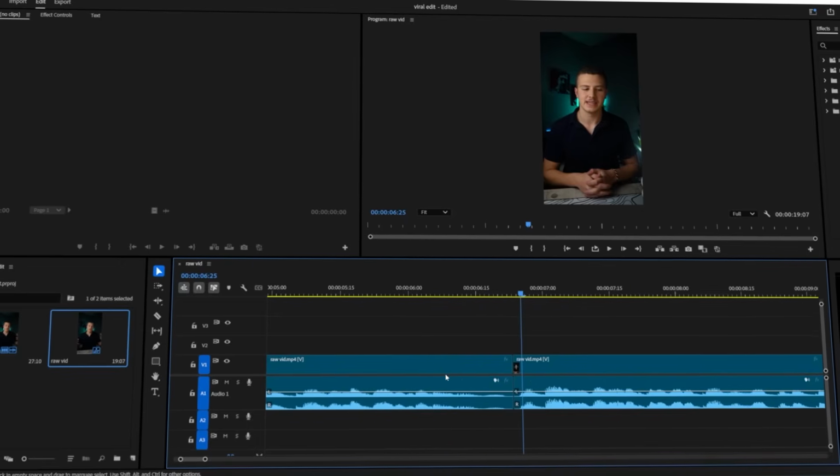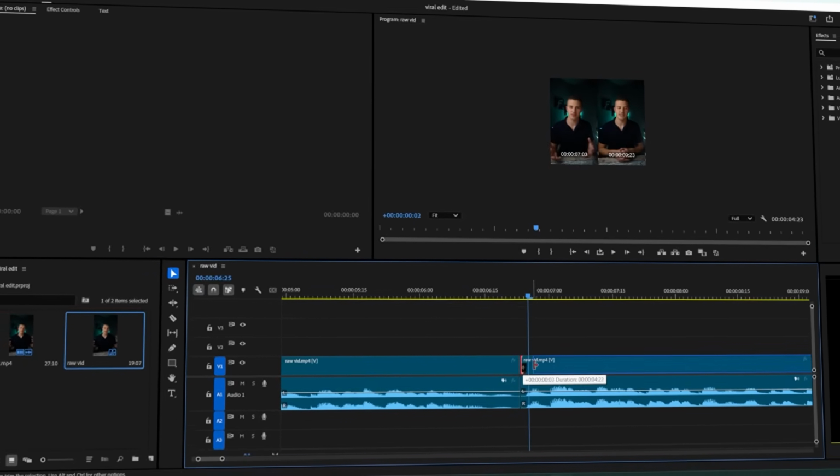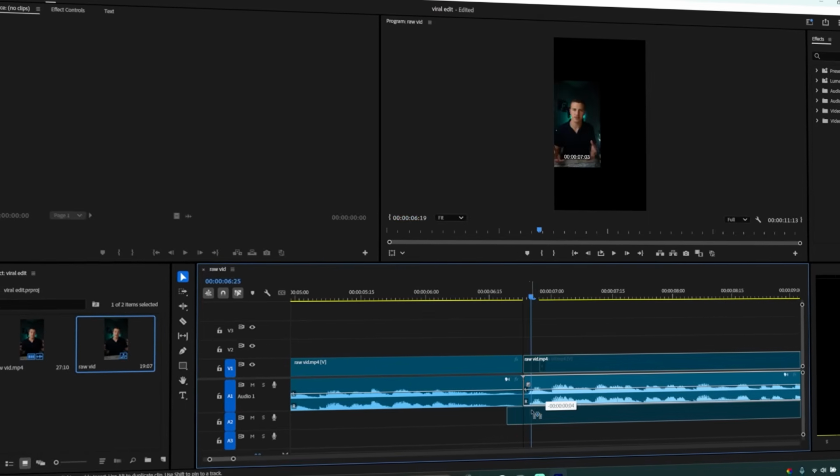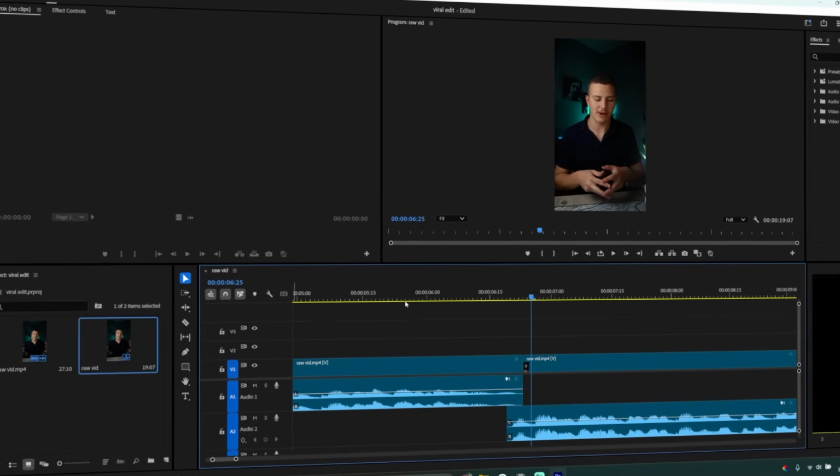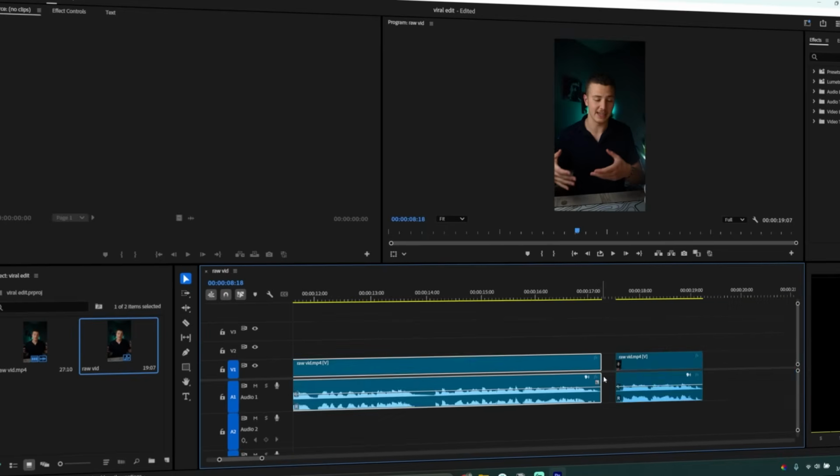Now we can get to work on our J cuts. All we have to do is go over to whichever video and then hold down Alt, drag our video back a few frames, and then just overlap the layer like so. And we're going to get a J cut. Let's go ahead and do this for the rest of the entire short. And with this done, now we've completed the pacing and the J cuts, it's time to quickly pull up the